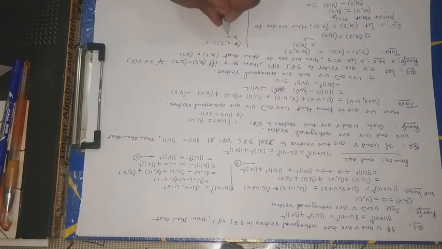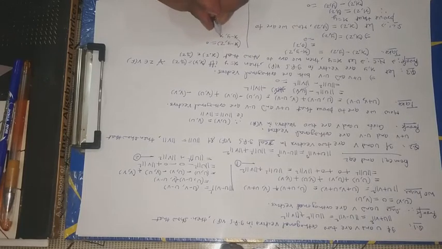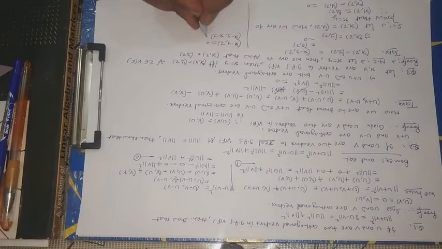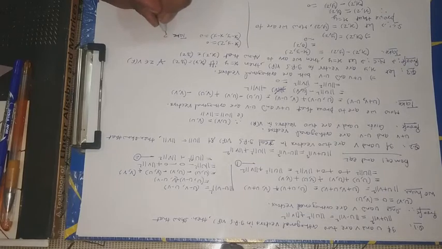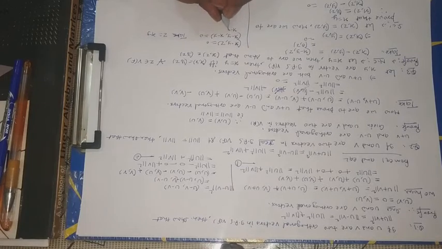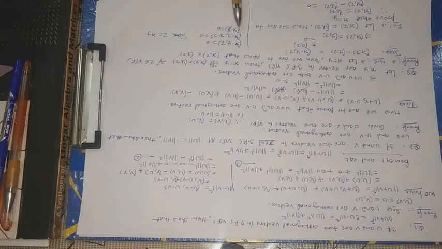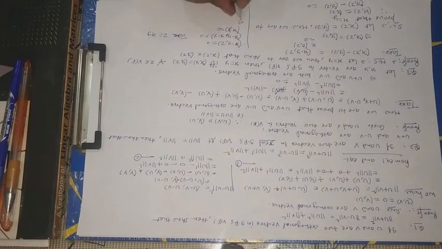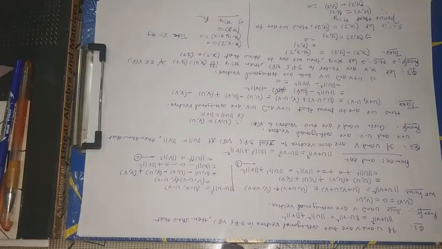Now x minus y. Now take the value of z. Take z equal to x minus y, that is, x minus y inner product with x minus y is equal to 0. Since x minus y inner product with x minus y is equal to 0, therefore x minus y will be 0. That is, x is equal to y. Proved. Okay, student.